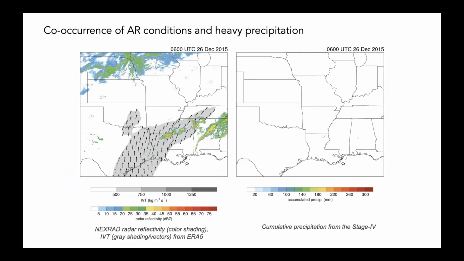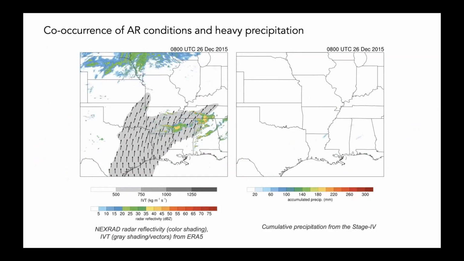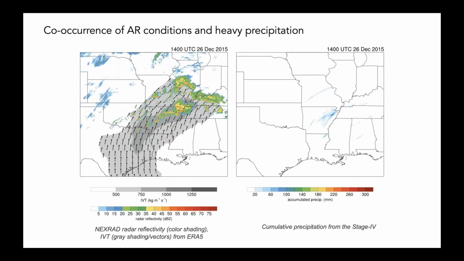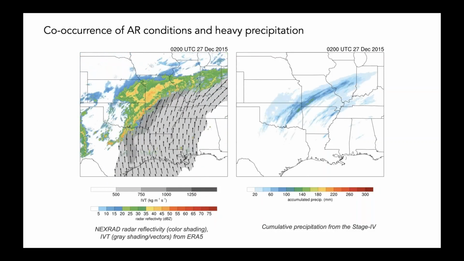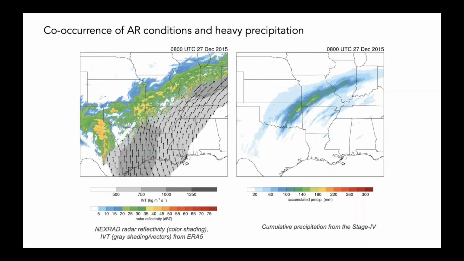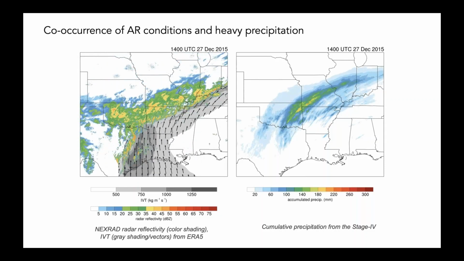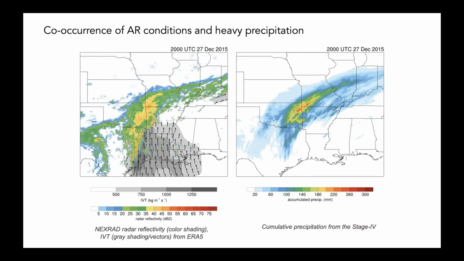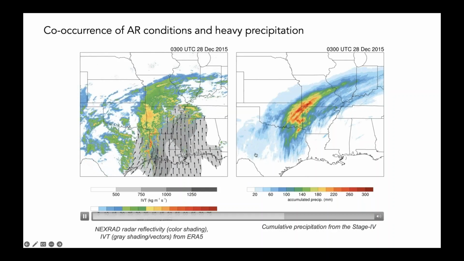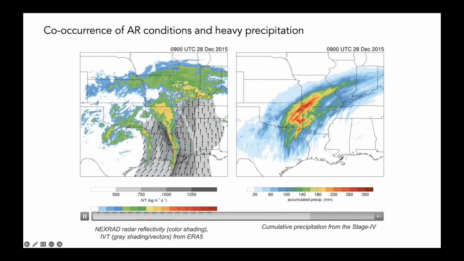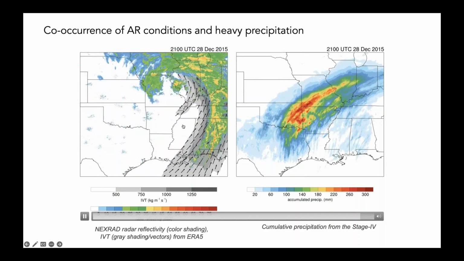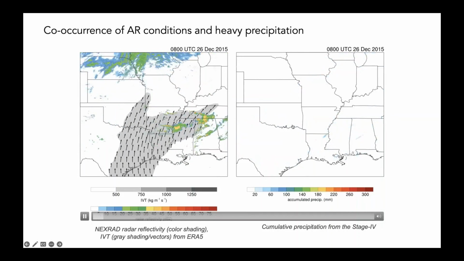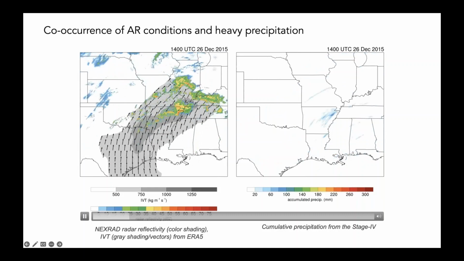So moving down in spatial scale, just showing these quick animations to really demonstrate the co-occurrence and linkage between exceptionally persistent water vapor flux associated with this atmospheric river and the continuous generation of widespread heavy precipitation. So showing the IVT field again in the grays now, and then the red radar reflectivity mosaic on the left, and then the cumulative precipitation on the right. So you can see